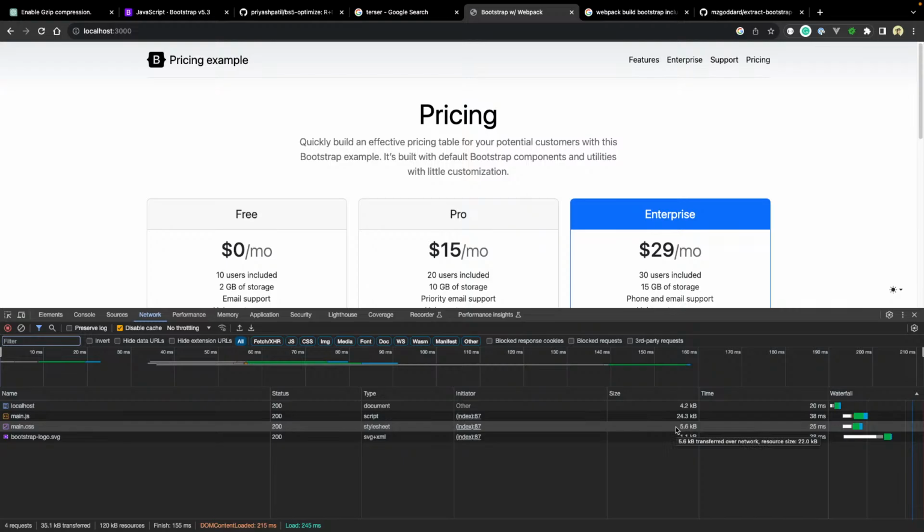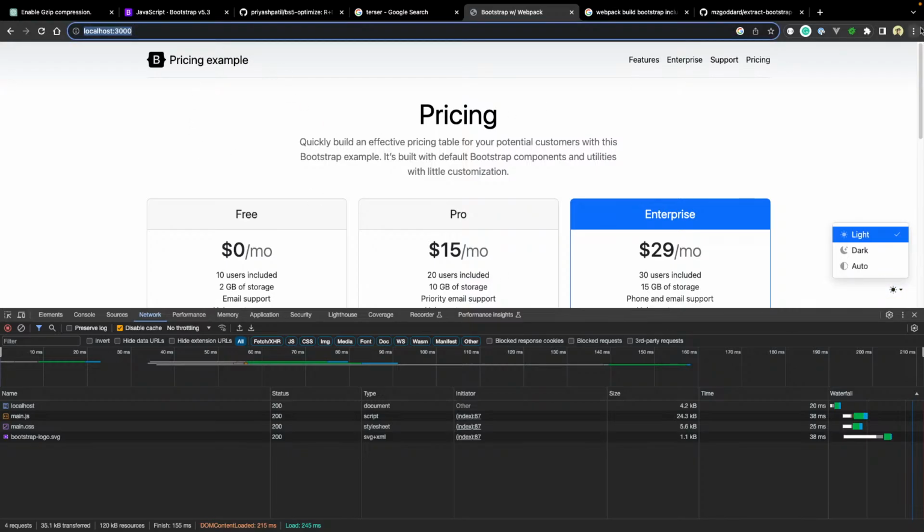So it is like we went from 227 KB to 5.6 KB. Cool. We still have to figure out the JavaScript, still including everything. So if we do the Lighthouse test in here,